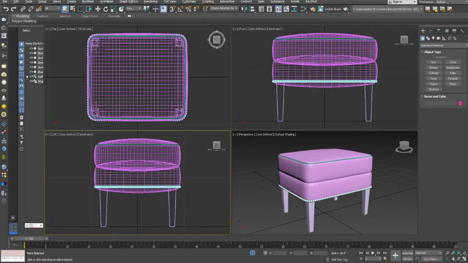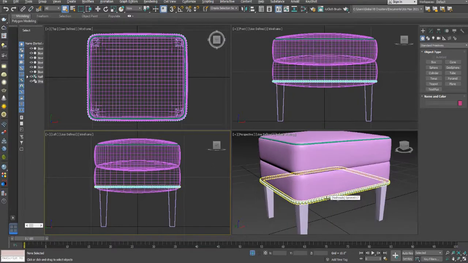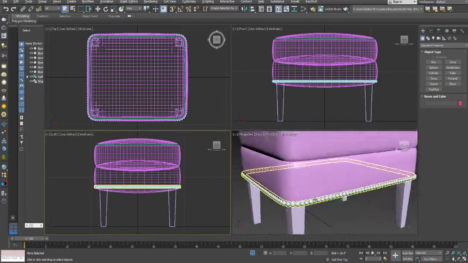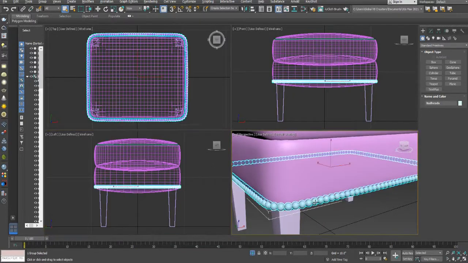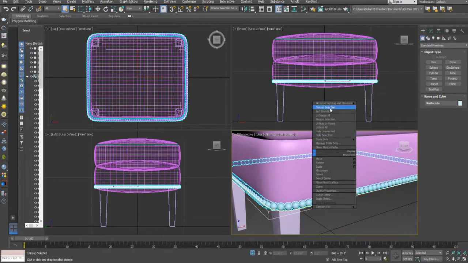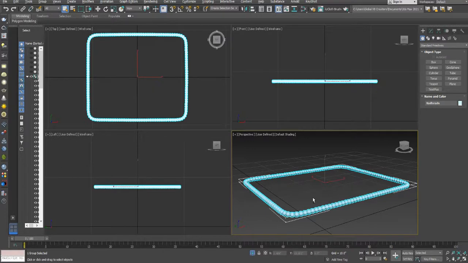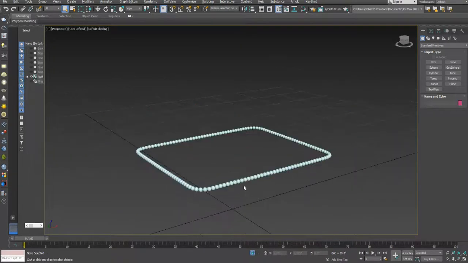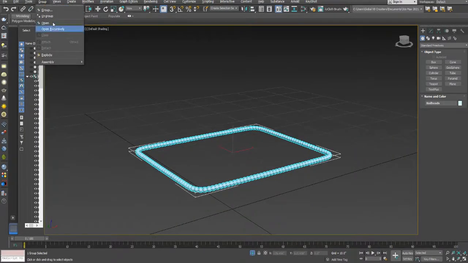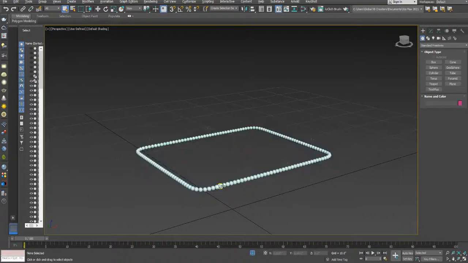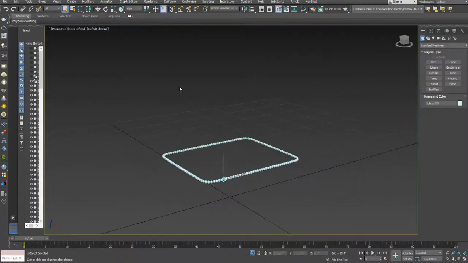Okay, so if you follow the previous video, this part is the Unwrap UVW. First, I noticed that these nail heads are bigger, so we have to change this. Click isolate selection, Alt W, and group. So let us copy one of these,